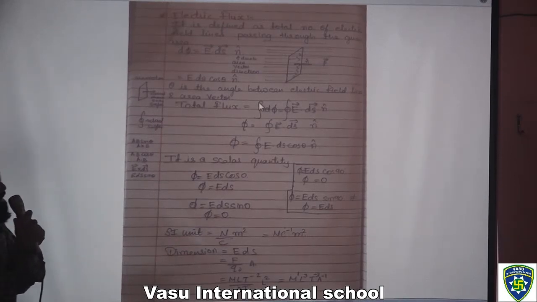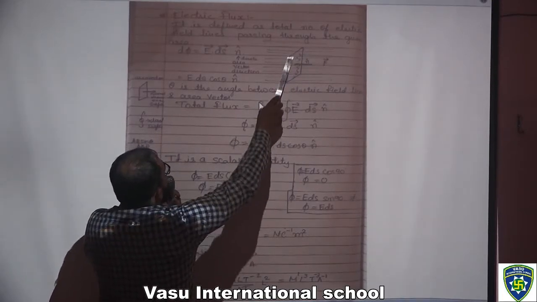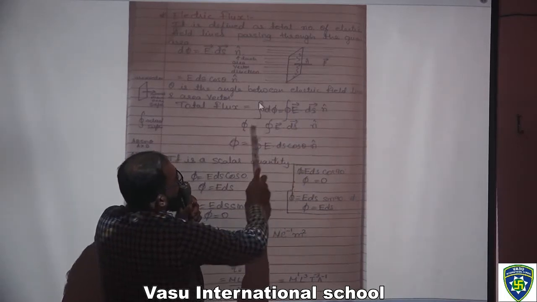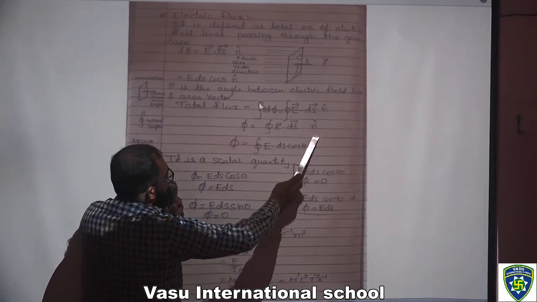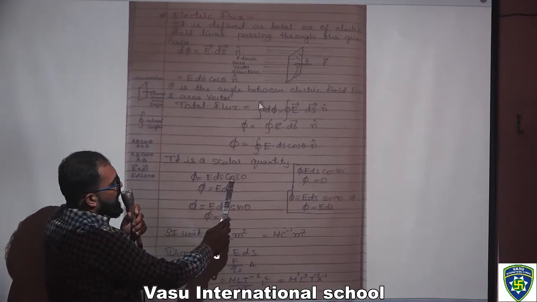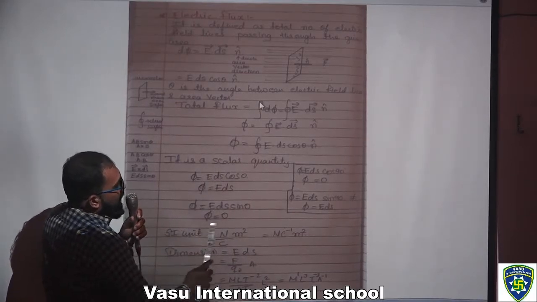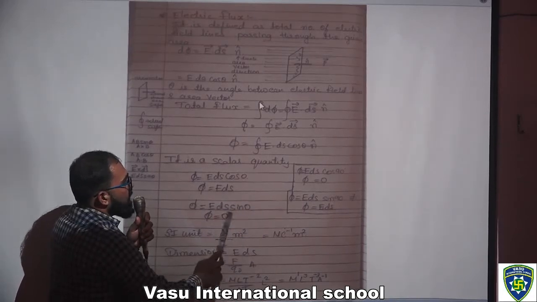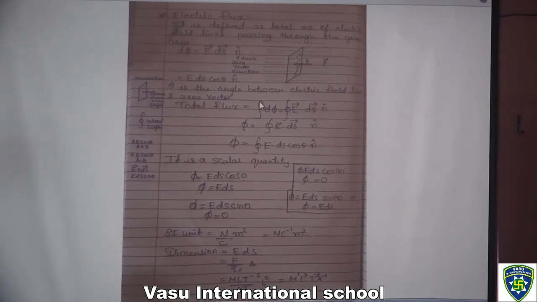So how much will the total flux be? That is the integral of d phi. Here it is a closed surface, so we show it with the closed integral sign: E dot ds n. So phi is equal to the closed surface integral of E dot ds n. It is a scalar quantity. Now if phi is equal to E ds cos 0, then phi is equal to E ds. But if we put two vectors, one gives cos 0 and the other sin 0, and here one value becomes 0, so it can't satisfy the condition of electric flux.